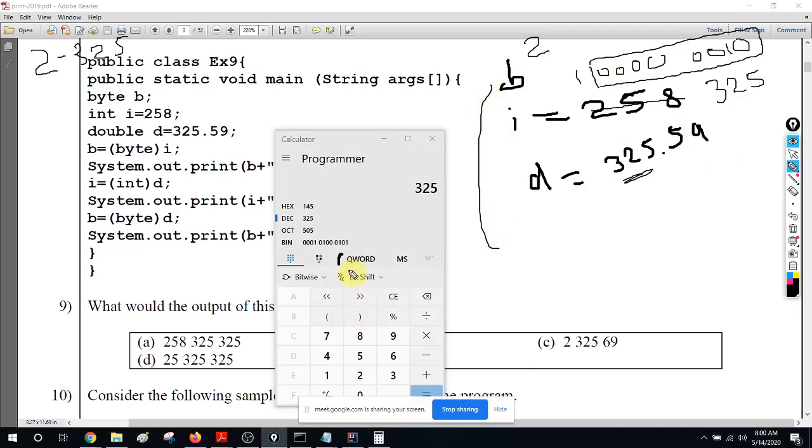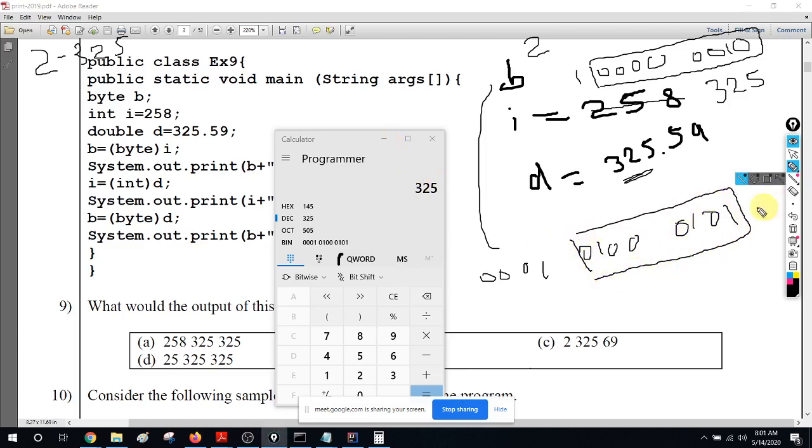I will just write it from the calculator. You have to keep doing. I'm only writing the rightmost 8 bits. There are some more bits here, but they will get vanished. Anyway, I will write everything: 0 0 0 1 0 1 0 0 0 1 0 1, right? So only 8 bits are allowed, so only these bits will be there.